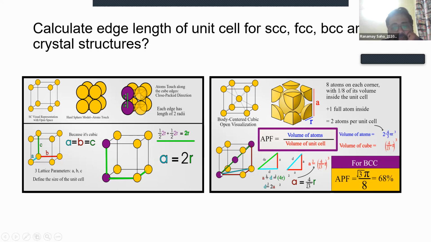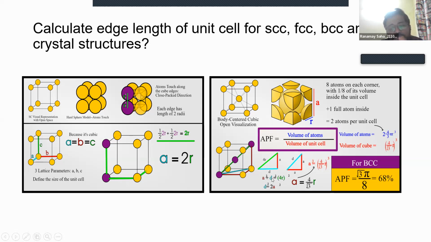Now, to find the diagonal, you consider the bottom face of the lattice. Here you have this particular triangle, the blue line, and these two red lines, the sides. Using this triangle, you can find the edge length. Here you can find the value of D as root 2a using Pythagoras theorem, and then you can put it back in this relation, considering this diagonal section, and from that you can find